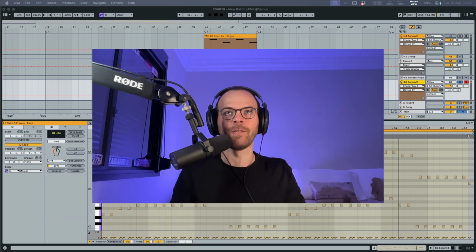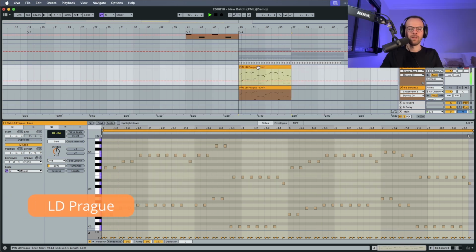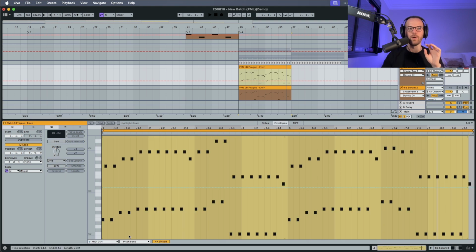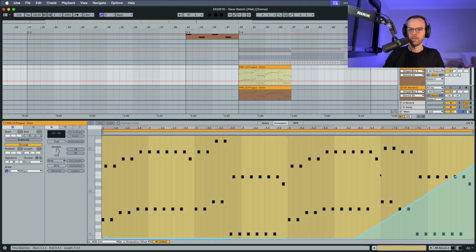Today we're creating a lead called Prague, and it sounds like this if you want to listen to this in solo. You can see that there's some modulation in the sound, even in the MIDI, directly in the MIDI that you get from the pack. You can see that there's a bit of mod wheel modulation. Now, if you want to listen to this in context with sidechain,